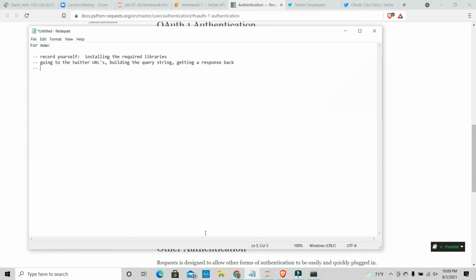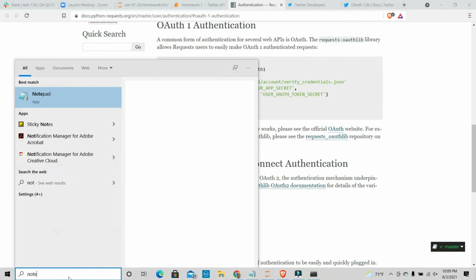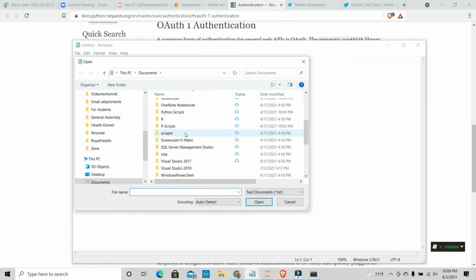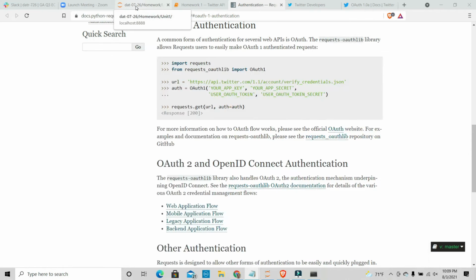And that's going to correspond pretty nicely to what we have over here, where we have Twitter tokens and all this fun stuff right over here like this. So to demonstrate very quickly how this is going to work,